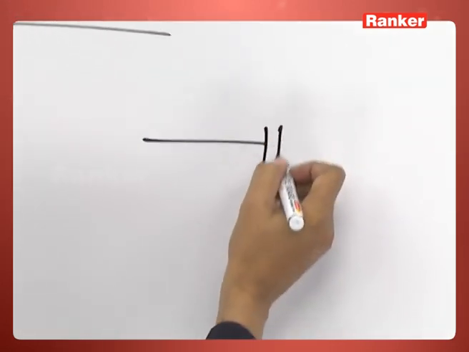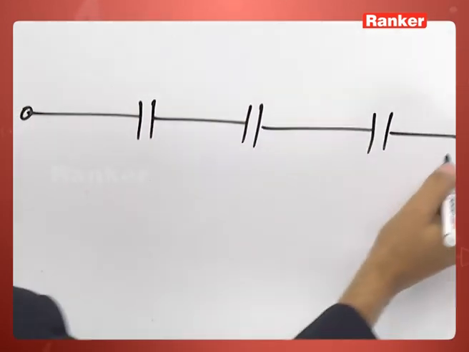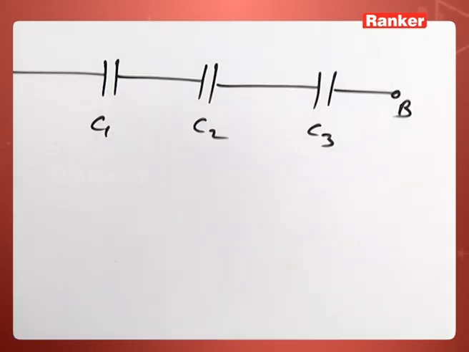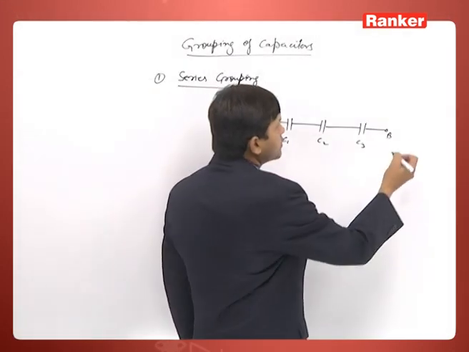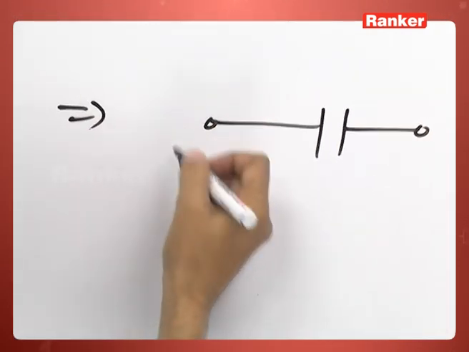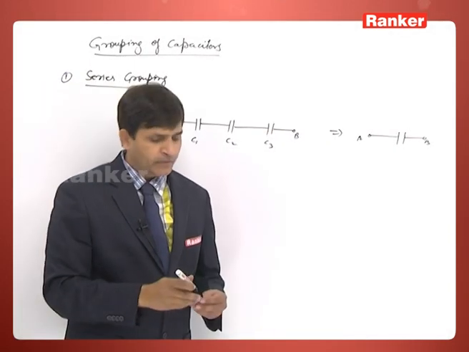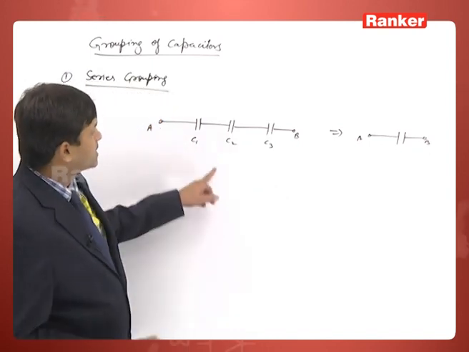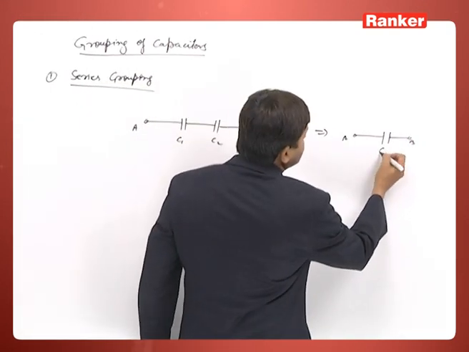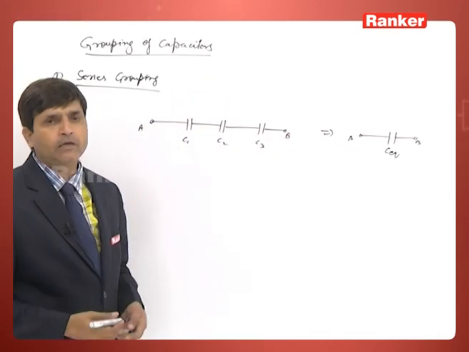See, suppose these are your 3 capacitors. A and B are the points across which these capacitors are connected, and we want to replace these 3 capacitors with a single capacitor. It means our objective here, if we want to replace these 3 capacitors with 1 capacitor, is to find what the value of this resultant capacitor could be. That is called your C equivalent, or C effective, so that whatever the charge on all these 3 capacitors,